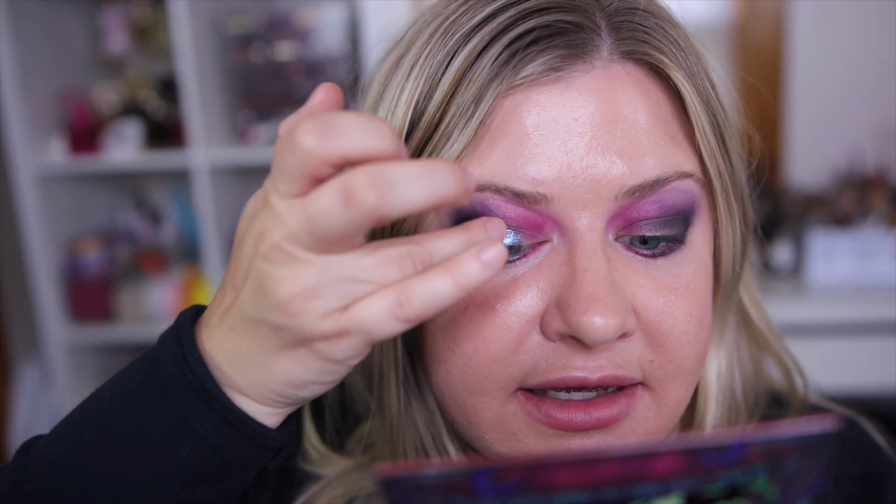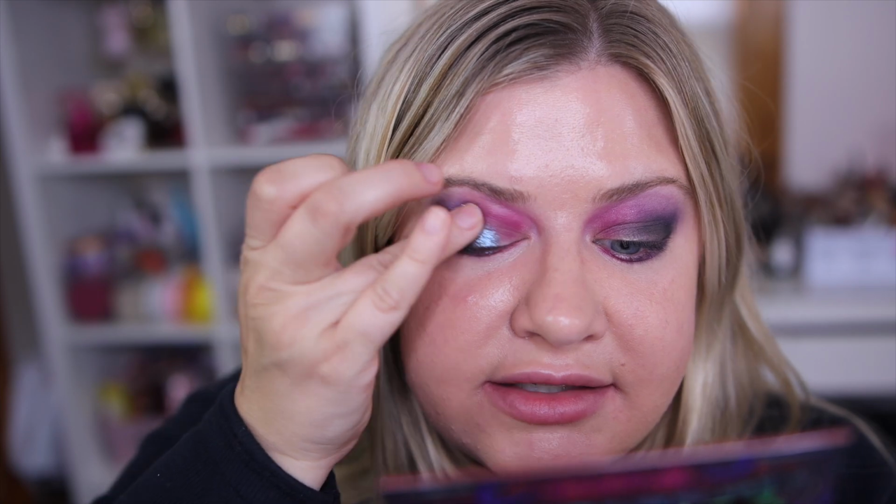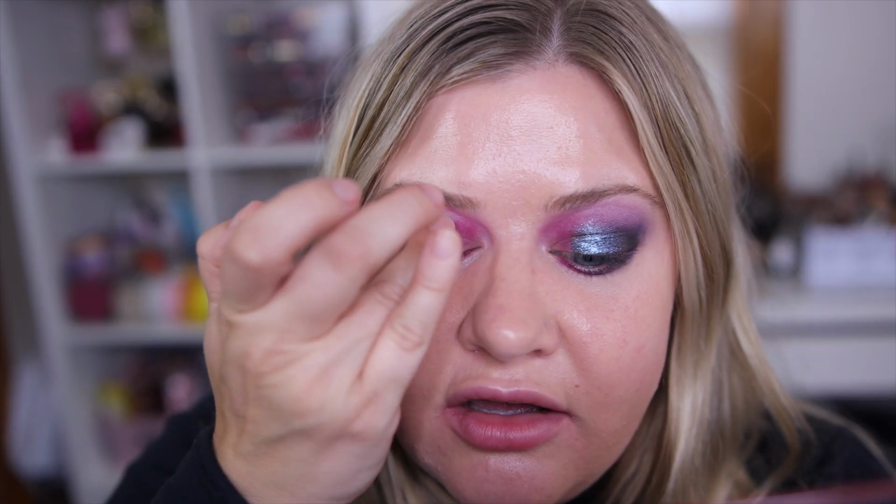Next, we're going to take a little bit of this purple shimmer. It's like a blue purple shimmer called Offering. And I'm placing this kind of in the center of the eye. Gorgeous color. These are very gorgeous shimmers with not a lot of glitter particles in them, so I'm not really getting any